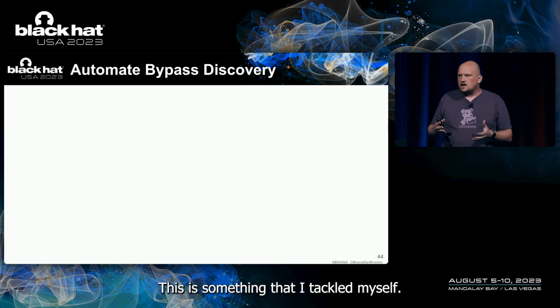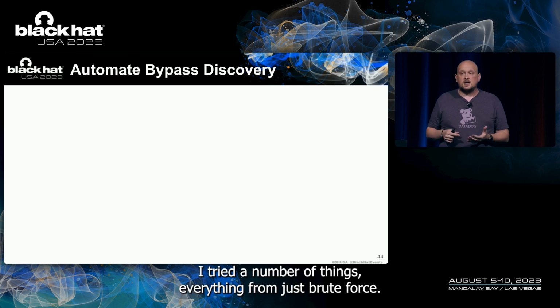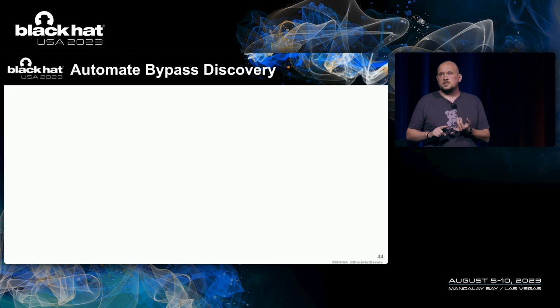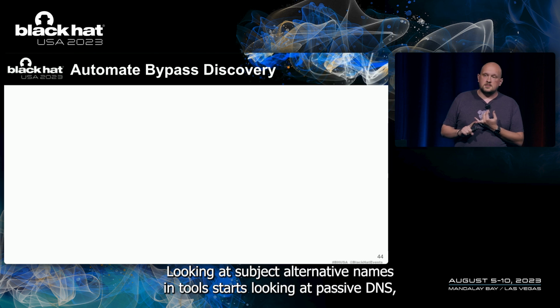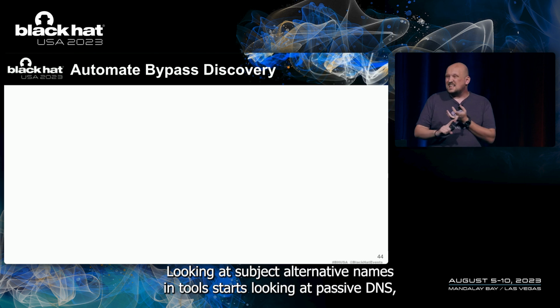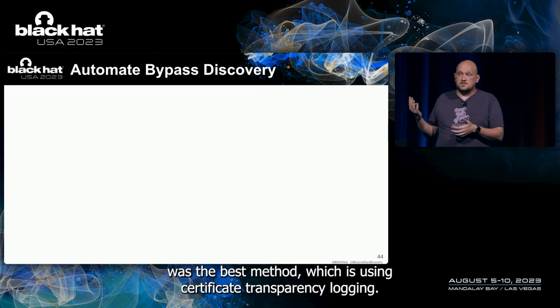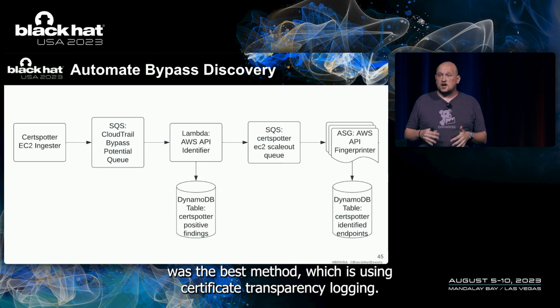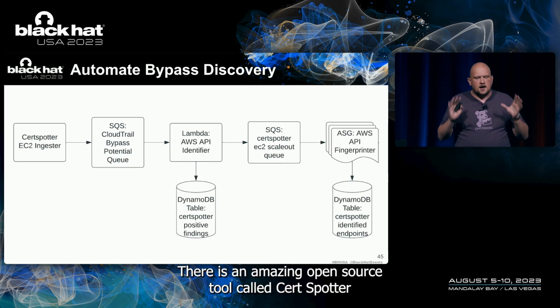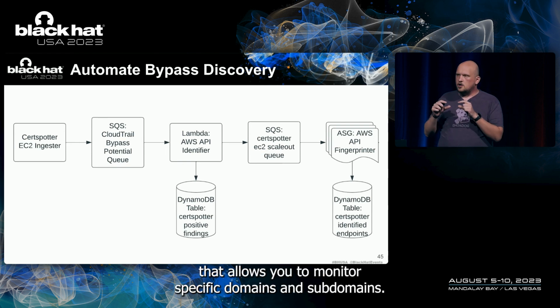This is something that I tackled myself. I've tried a number of things, everything from just brute force, looking at subject alternative names in TLS certs, looking at passive DNS, asking AWS very nicely, before eventually settling on what I thought was the best method, which is using certificate transparency logging. There is an amazing open source tool called CertSpotter that allows you to monitor specific domains